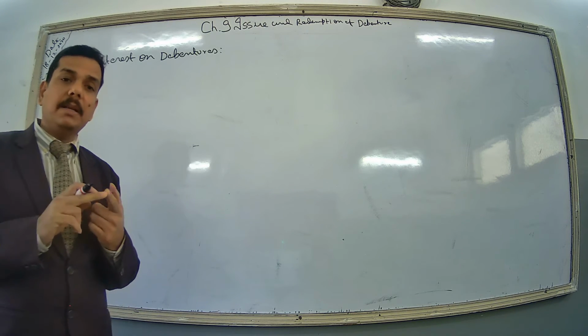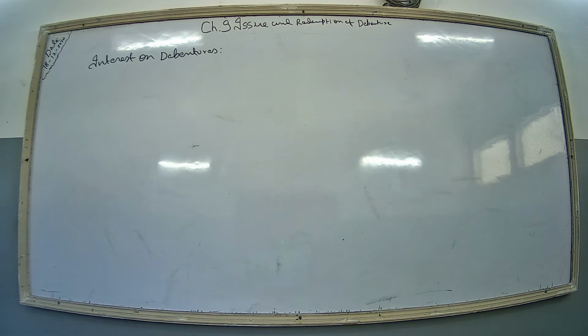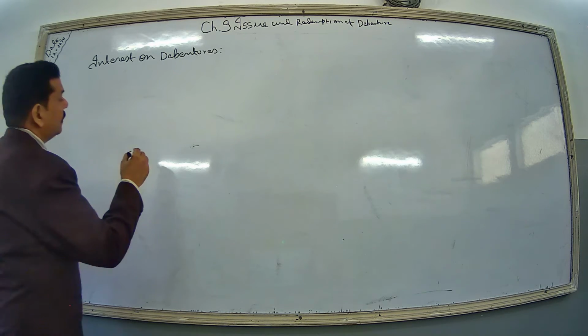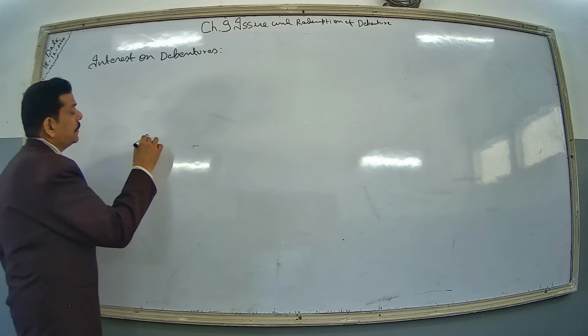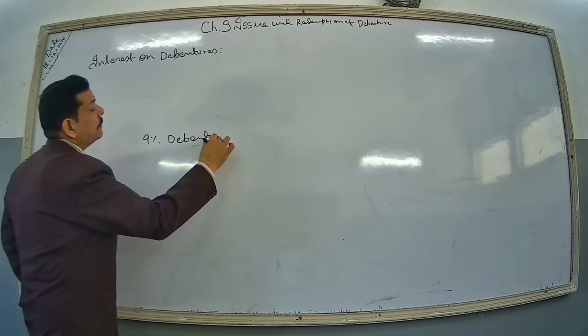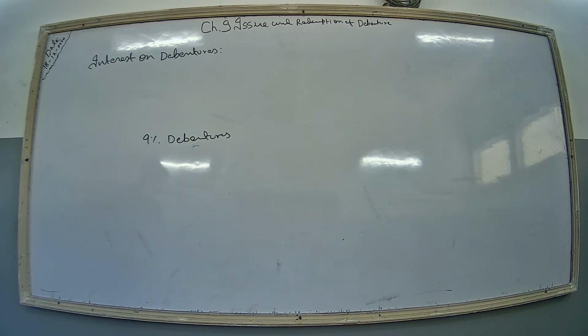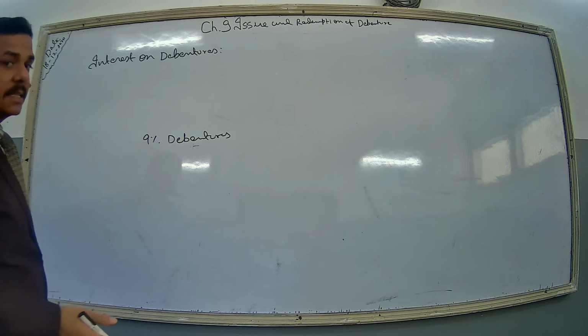Interest on debenture is payable on a quarterly, half yearly or yearly basis as per the terms of issue. Rate of interest is prefixed to the debenture. Clear? Whatever the rate of interest is, say 9%, it is already prefixed with the debenture. So they are called 9% debenture, or 10%, 11%, 12%, whatever it is. And it is payable because it is a charge against profit.